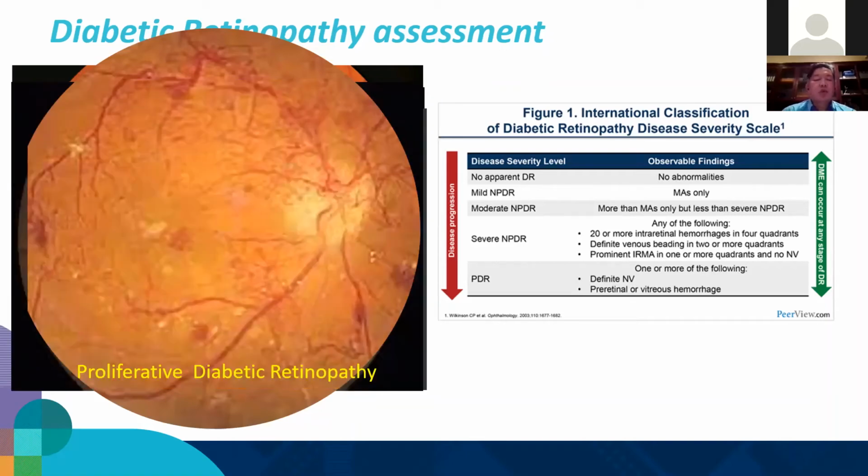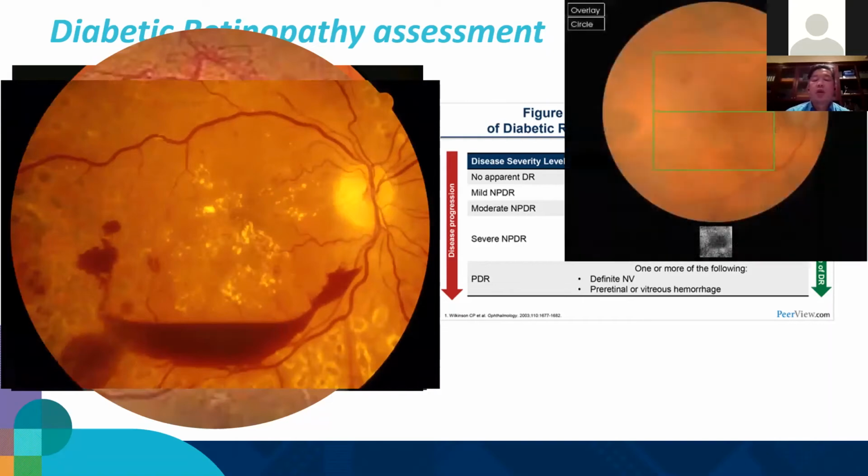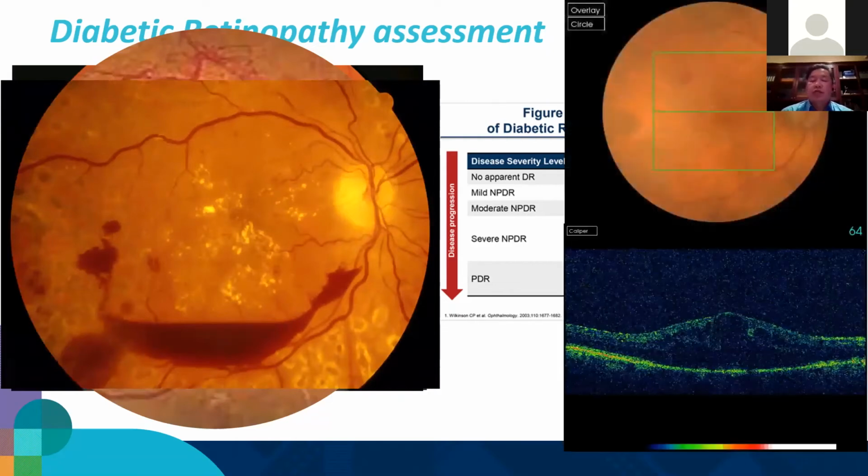So up to this point, the patient's vision can still totally be normal. It's only when they develop a vitreous hemorrhage, or they've developed diabetic macular edema, that their vision is affected. So here's the OCT of the macula, and you see normally the macula sort of dips down like so. Here it's gone the other way. It's quite swollen, and this is sort of fluid-filled areas of the retina.